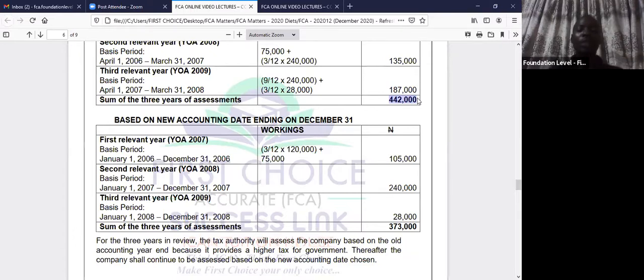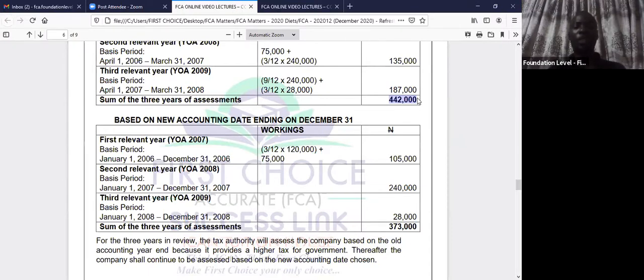Now, I want to let you know that in commencement rule, when you have done your right of election, assuming you finish the first and second and third year, and you compare your right of election, let's assume that it's the right of election that you choose. Do not continue the fourth year with right of election basis period. The fourth year will continue from the normal third year. Where the normal third year stops, that is where the fourth year will start.